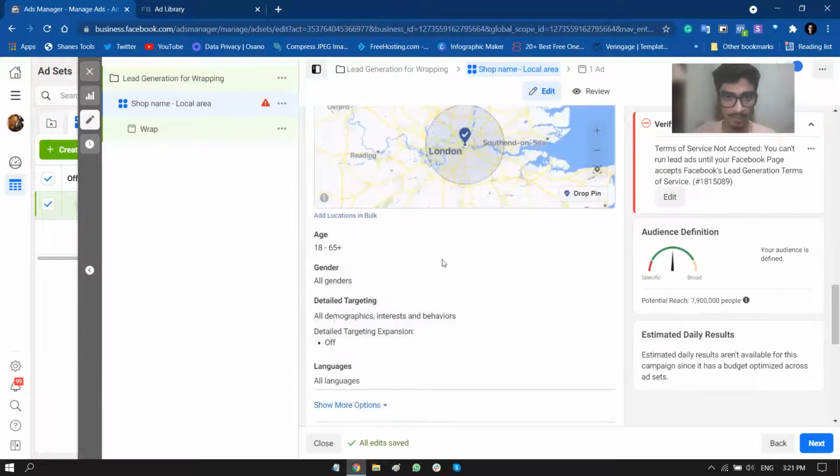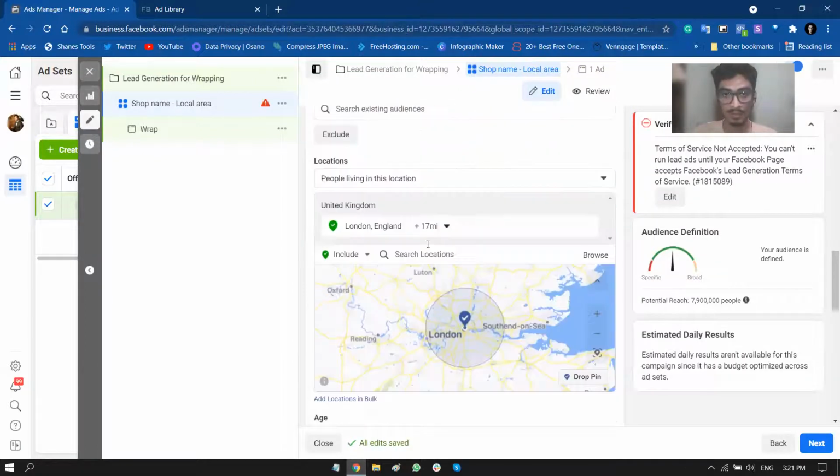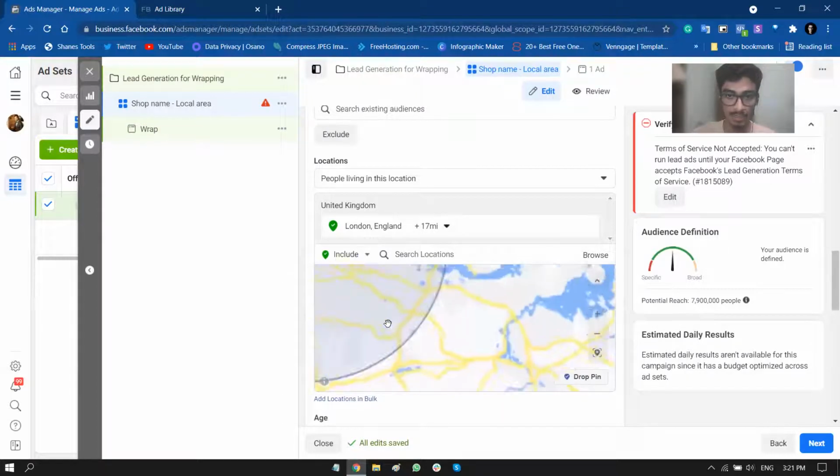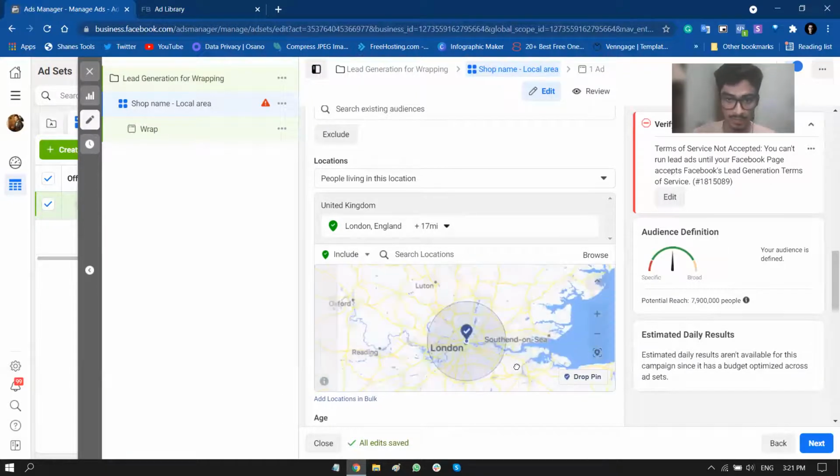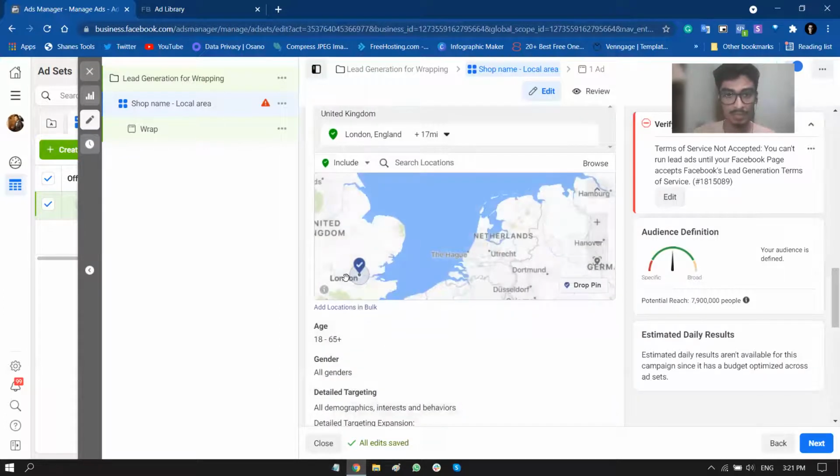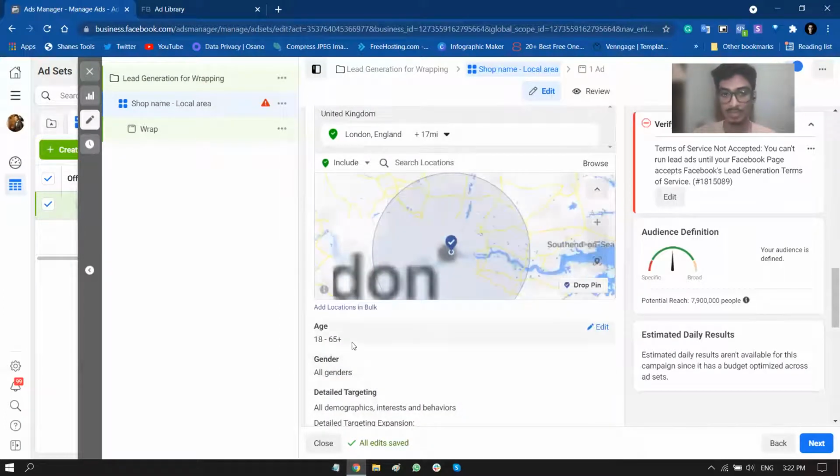All right, now see, for an example, you just did, in this area people will see your ad and they will contact you, right? It will show only in this area, as you can see. So now the next thing is you need to see your targeted customers'